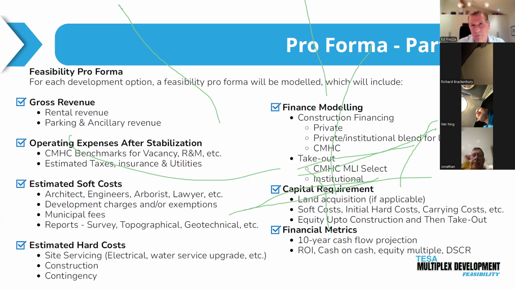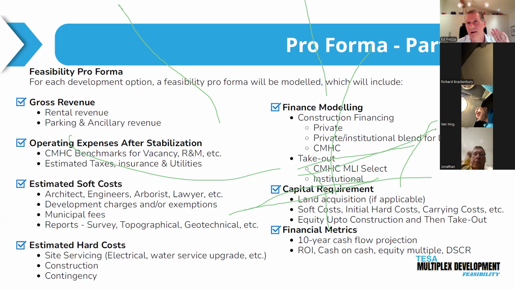In the past, a lot of people chose not only to get the CMHC MLI Select takeout financing, but also use them for the construction financing. It's a bit longer, it's a bit expensive, but people found comfort in using them because you now have a grandfathered position, and should CMHC at any point during construction change their goalposts as to what constitutes efficiency or what constitutes accessibility or affordability, it doesn't matter. You're grandfathered in.